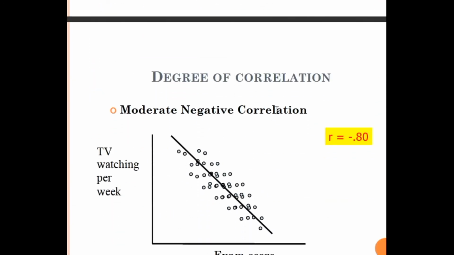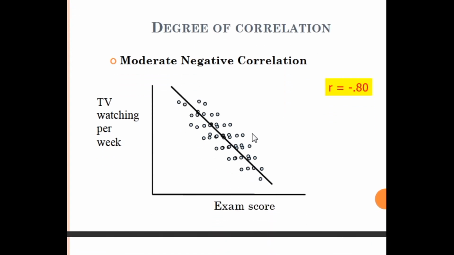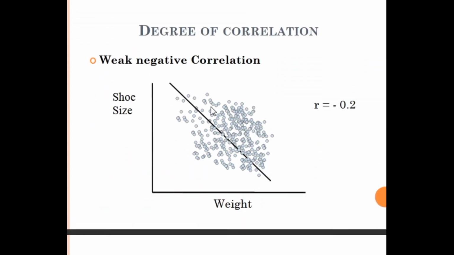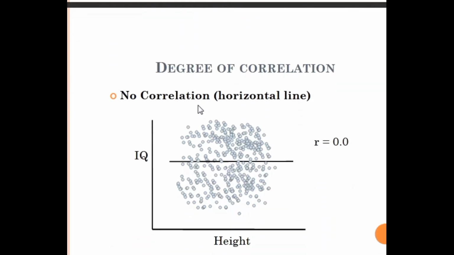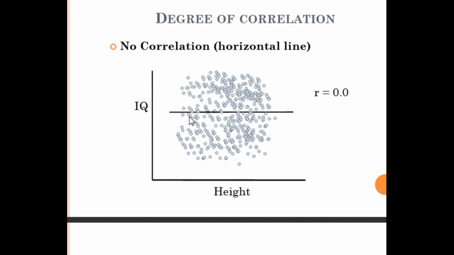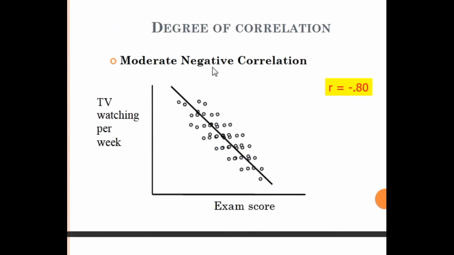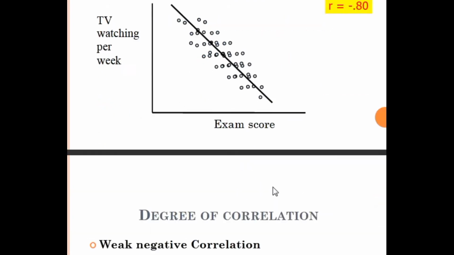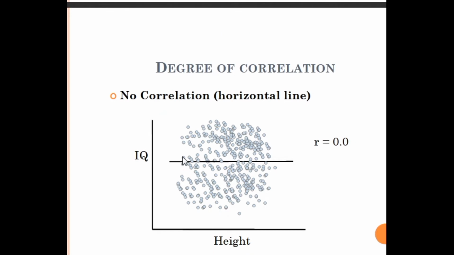Then moderate negative, right? So this was moderate negative, and this was the low degree negative correlation, right? Then no correlation, there is no movement here now. At least here you find that the values are decreasing. Here the values come to the downside, but here you do not find any direction of movement. So each of these points is called what? Actually scatter points.